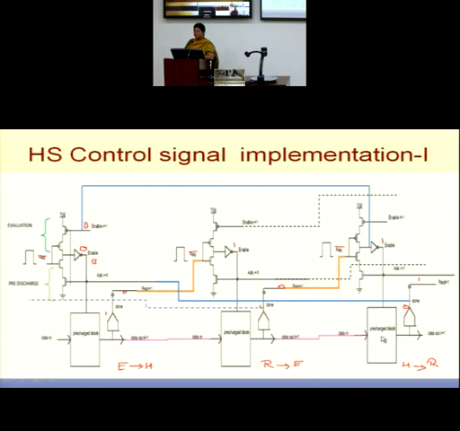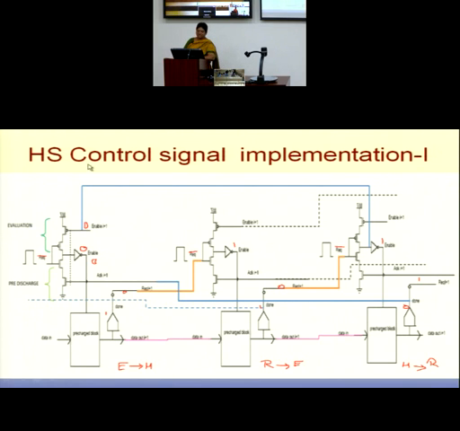It is only sufficient for us to know that pre-charging has started. Do not wait till pre-charging is finished. I can start the evaluation of this block earlier. At what time? When this goes into the pre-charge mode. If you can do this, I can have a reduced value for my LR.